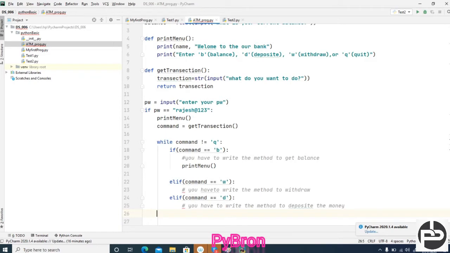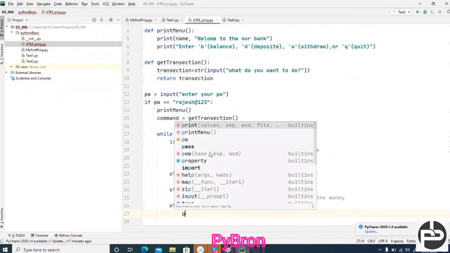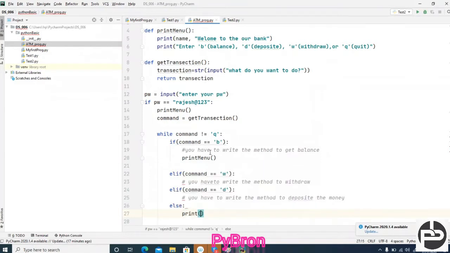So next, the else part. Inside the else part, what you can do, suppose the user is not passing either W, B or D. So we have to say to the user, hey user, you are passing an invalid command.